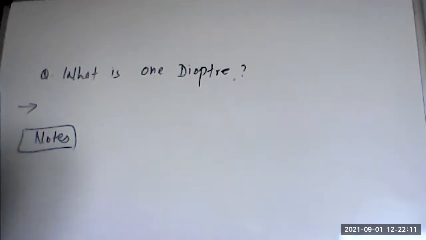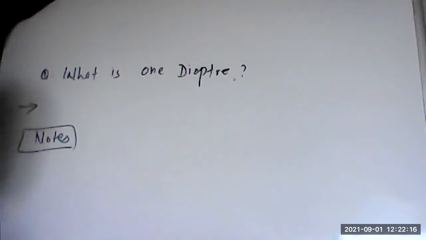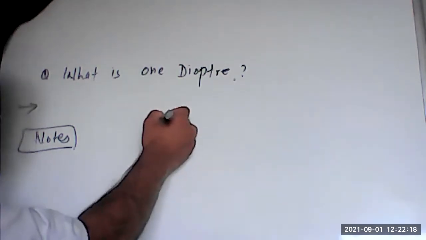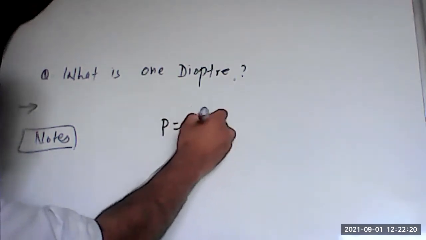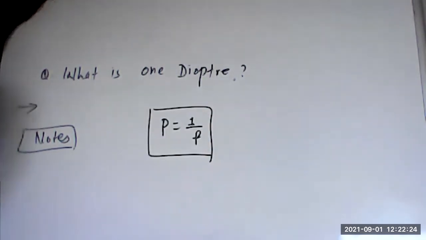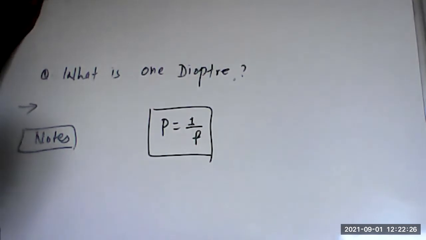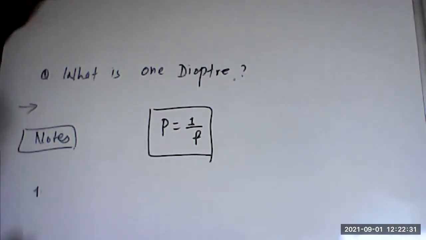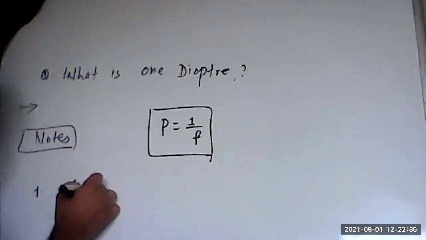From this relation, P is equal to 1 by F, what conclusions can we draw? Here we write in the first point of the note: